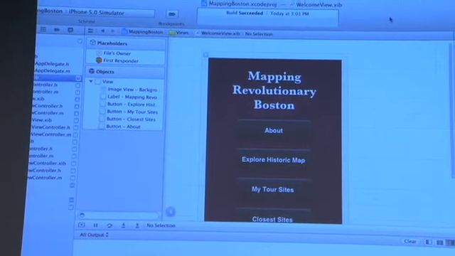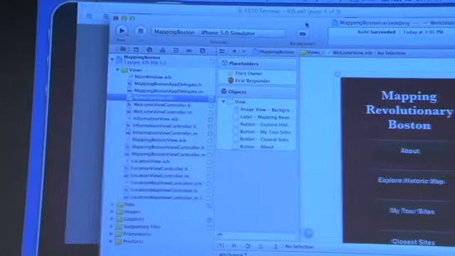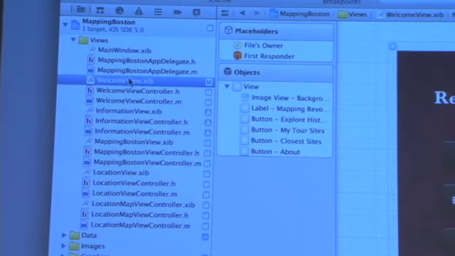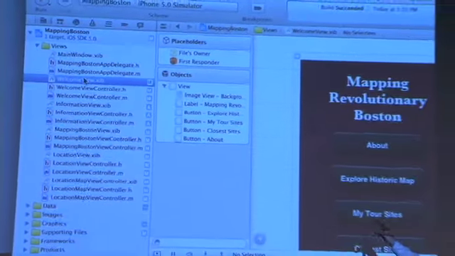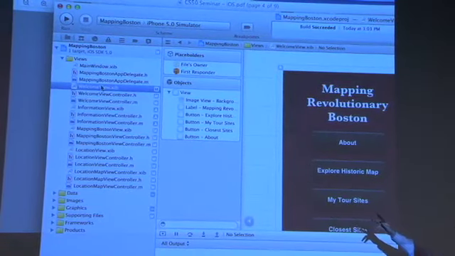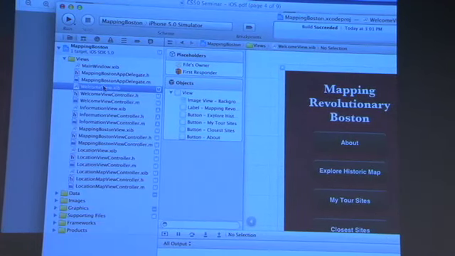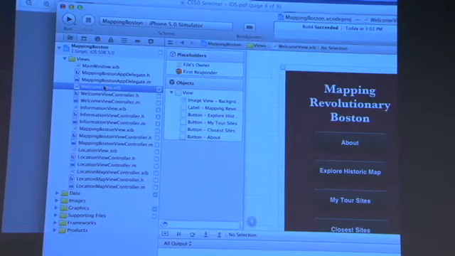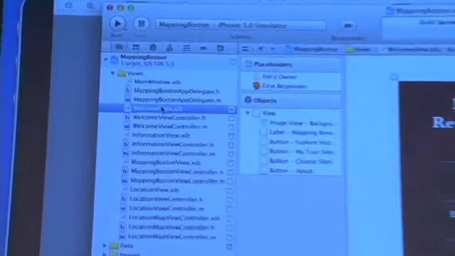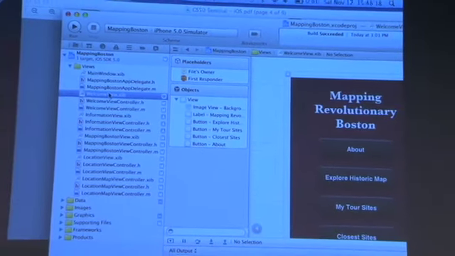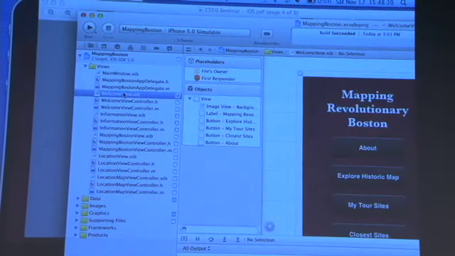What's that? How did you get there? It just knows. When I selected, sorry, this is one of the things I had to skip over. So there are classes over here. There's Objective-C classes, .h, header file, .m, implementation, and then there are files called nibs. They're really XIBs, which is XML Interface Builder. And those are the actual files that format the user interface and views that you see when you build them